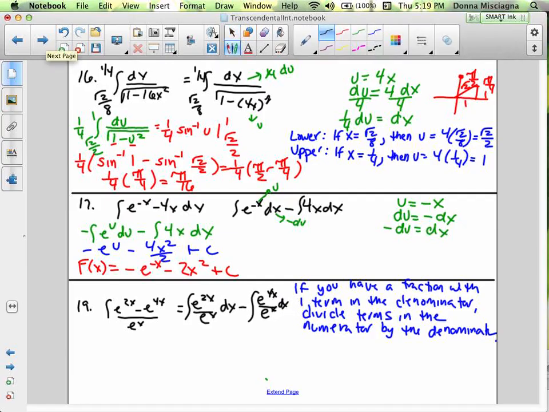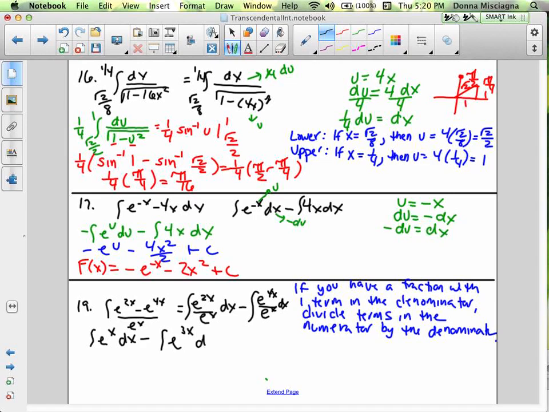Okay, so now when we reduce, when you divide like bases raised to a power, you subtract the exponents. 2x minus x is x. So now this is the integral of e to the x dx minus, 4x minus x is 3x. Now this one